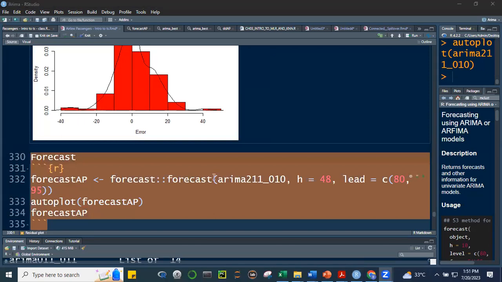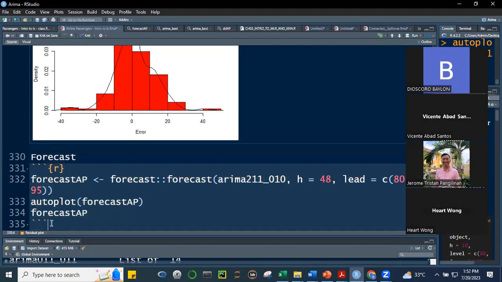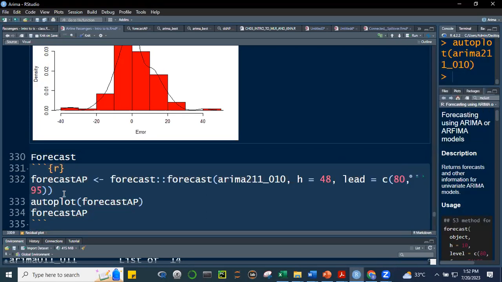So ito yung sinasabi kanina ni Presley na ang gamit ng ARIMA is to forecast. Okay? But before you forecast, you model the time series. And whatever use you have for it, whether to forecast or to explain the data, kasi pwede lang naman explanation or forecast, no? So here we're using the forecast package. So we're creating this object forecast AP and use the forecast function of ARIMA